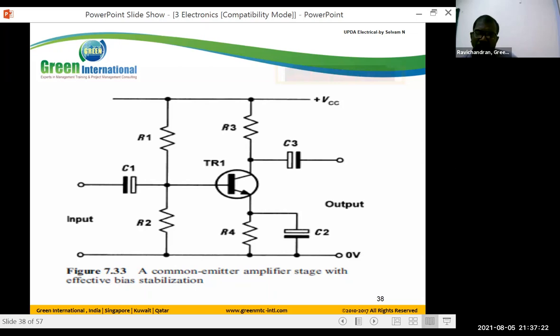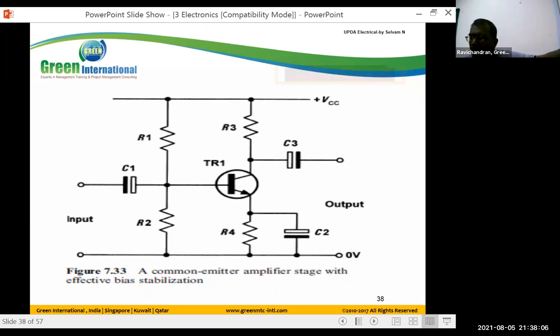This is the input signal. And R1, R2 we call biasing circuit elements. In our college, we studied voltage divider biasing, self-biasing and so on. We have so many circuits to discuss, and especially voltage divider biasing is mostly what we use. R1, R2 are used for the voltage. This question is not asked in the exam, but as an engineer, just remember this. And C1 is used to filter the input signal.